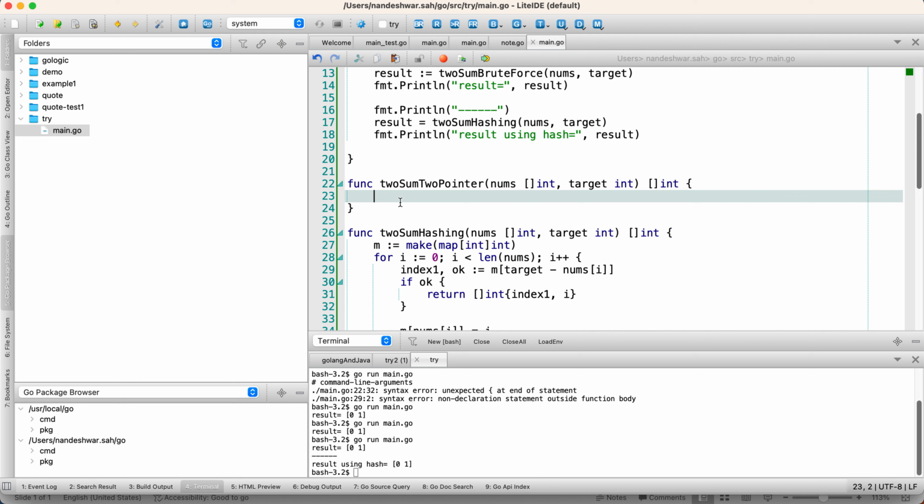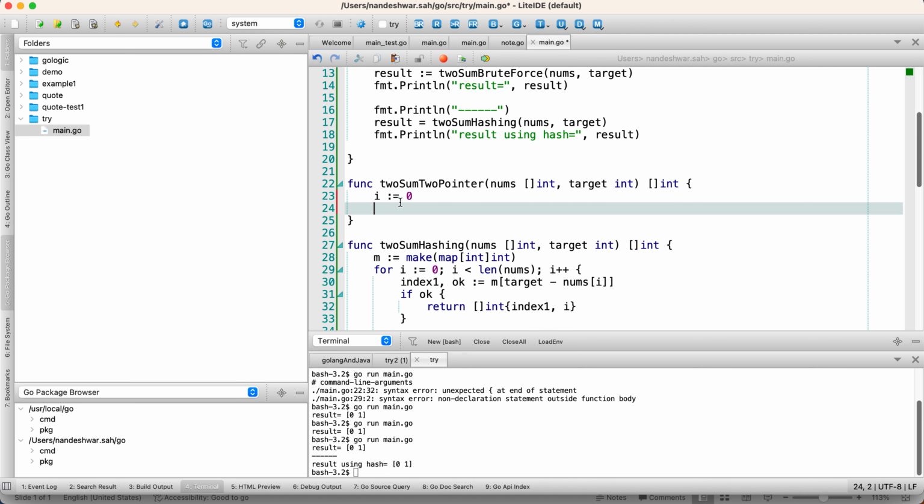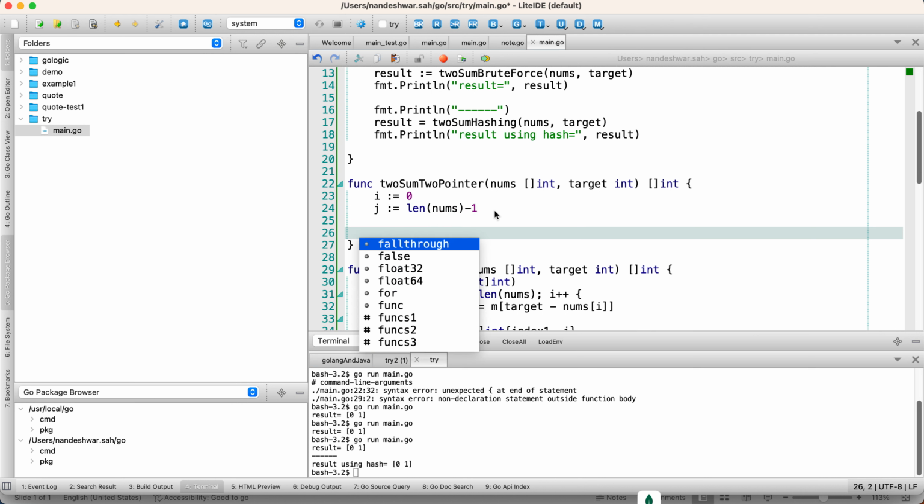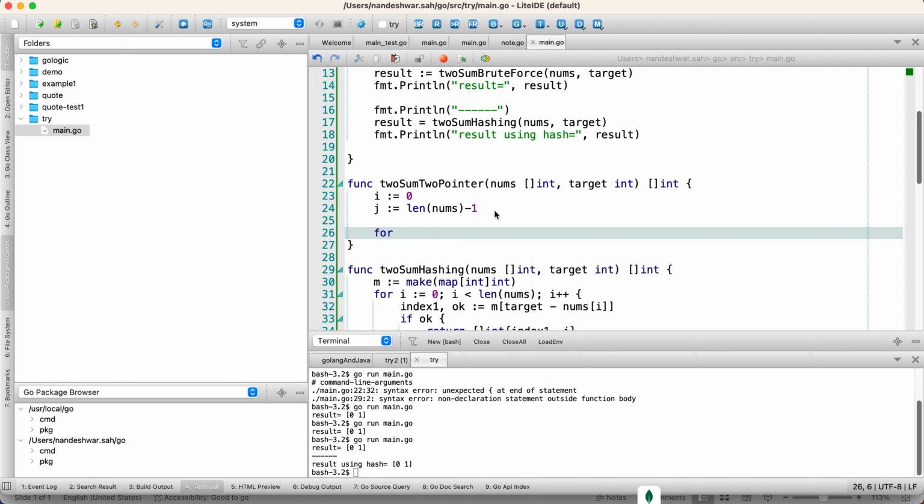We can have two pointers here. So let's say i equal to 0 and j, that's going to be the end, so it's the length of nums minus 1. So those are the pointers, and we can also check a condition in a loop, for i less than j,